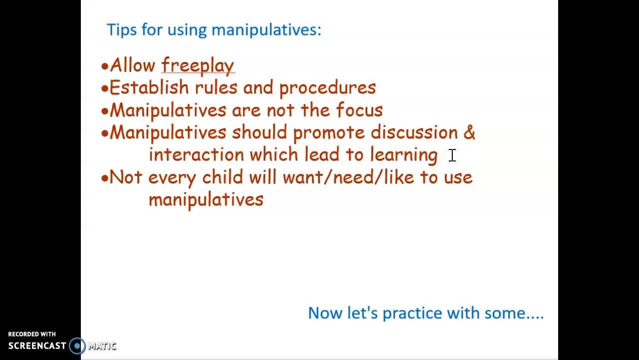So next week when I see you guys, hopefully face to face, we are going to practice with some manipulatives and we'll talk about how to do some of these things that will help you establish good manipulative use in your